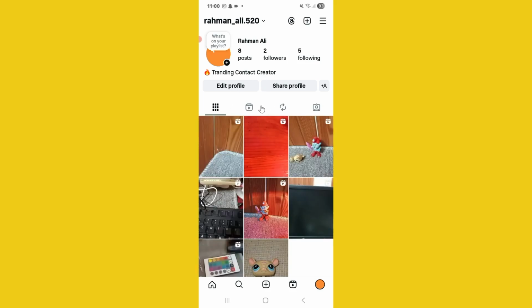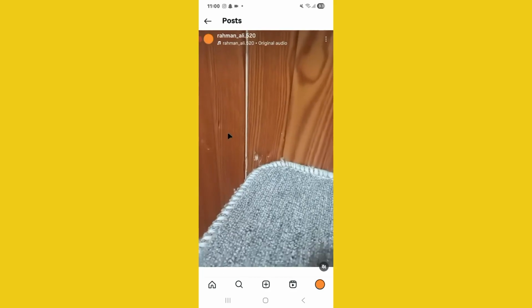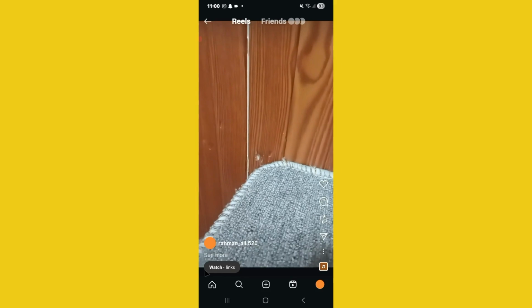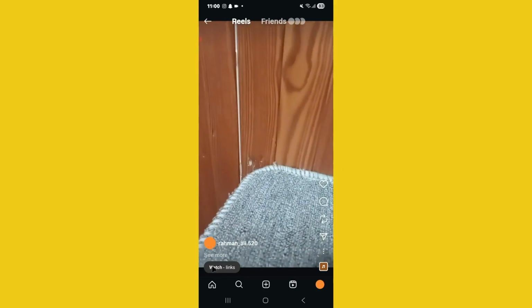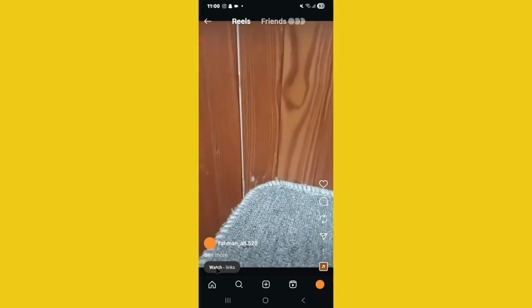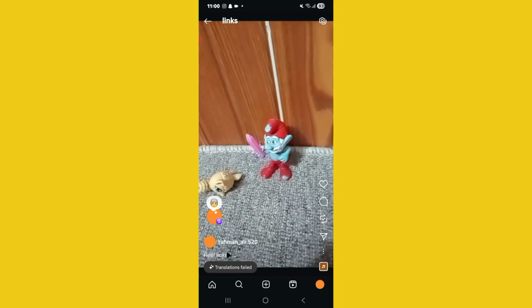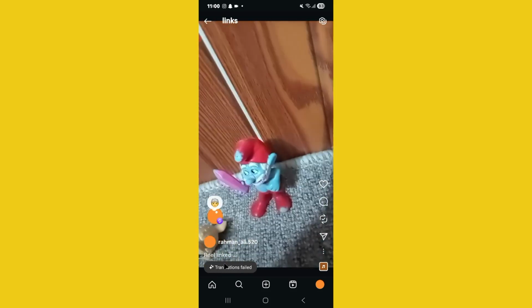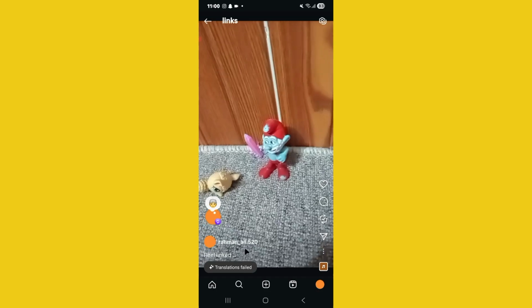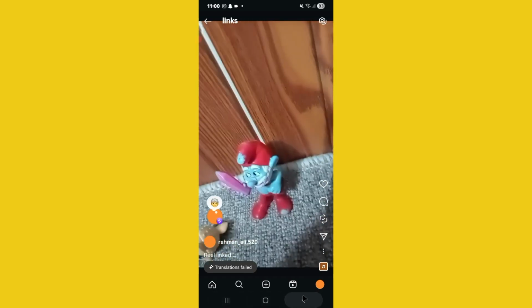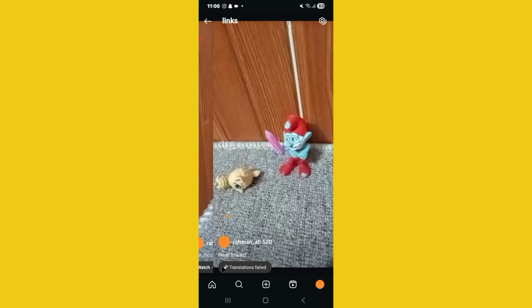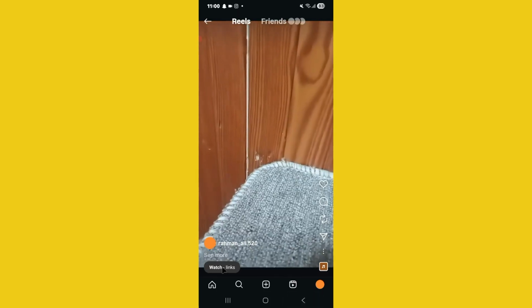So I want to open up the reel, and here you notice that it shows the link in this title. As you notice, the watch link is successfully added, and now if I tap on this one, I can easily go to the next reel that I have already linked. In this way you can easily link your reels together by using the link a reel option, which is